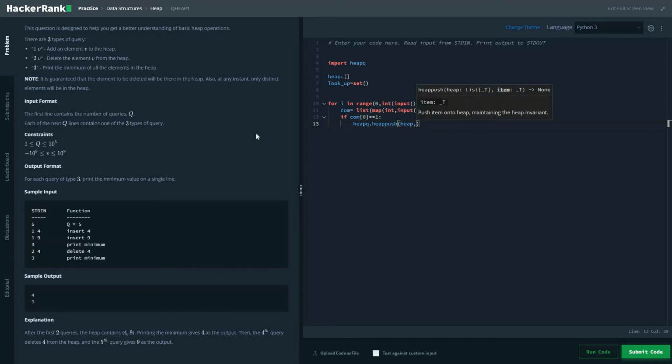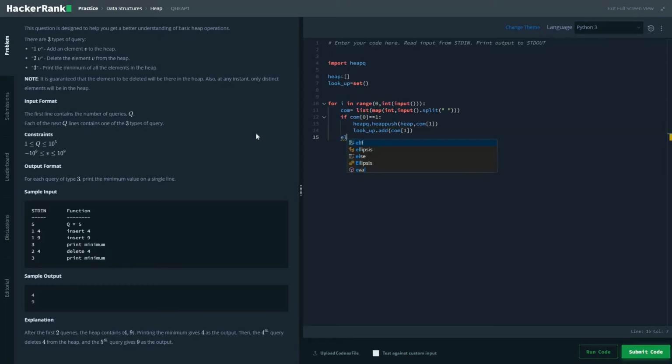So our value would be command 1. At the same time, we will also be adding the same value to our lookup. So lookup dot add, if I'm not mistaken, yes. This command would be adding that value to our lookup, which is a set data type. It's very difficult to say these words sometimes.